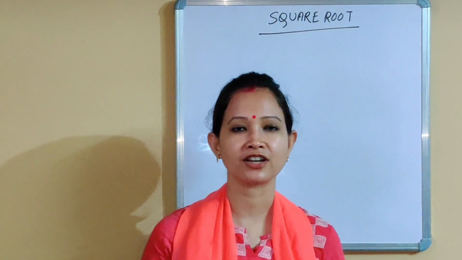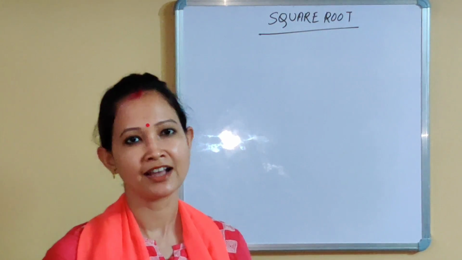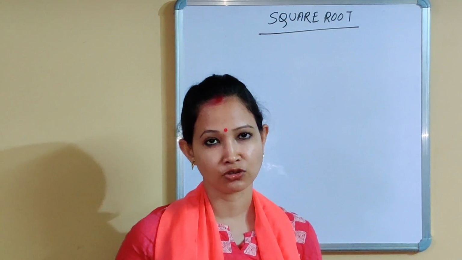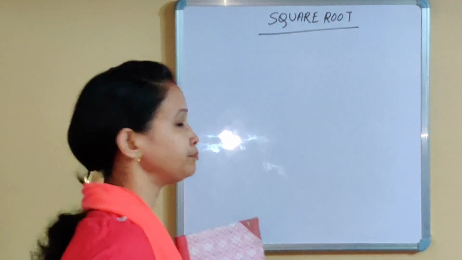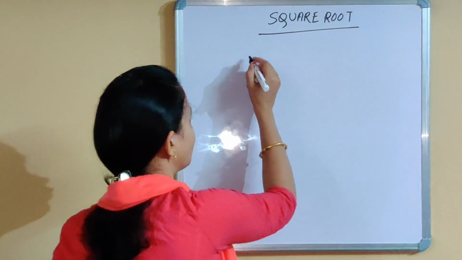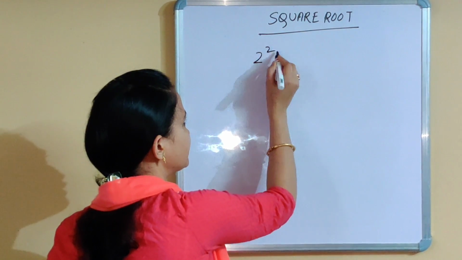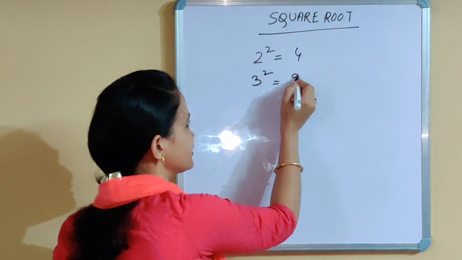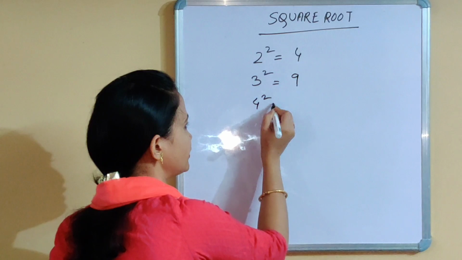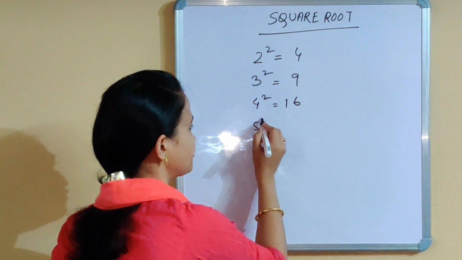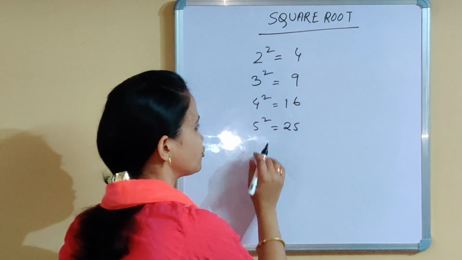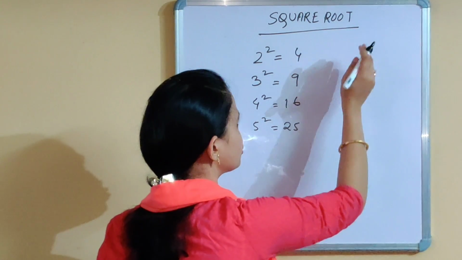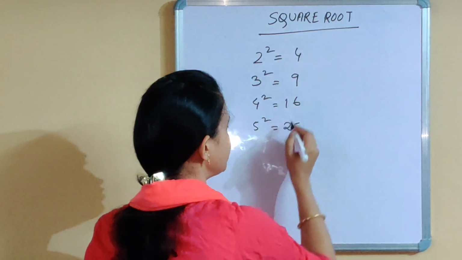Before starting how to find square root of numbers, first let me explain what actually square root is for those beginners. We know 2 square is 4, 3 square is 9, 4 square is 16, 5 square is 25, and so on. Now for finding square root,